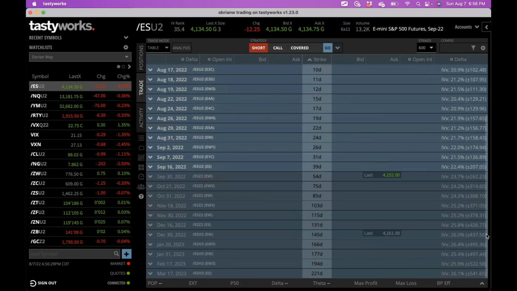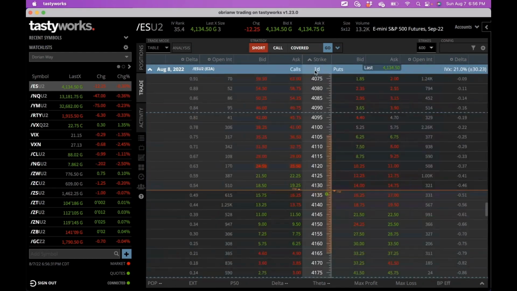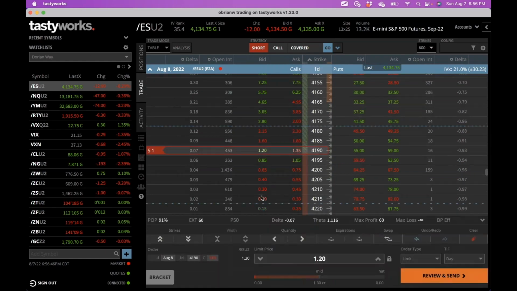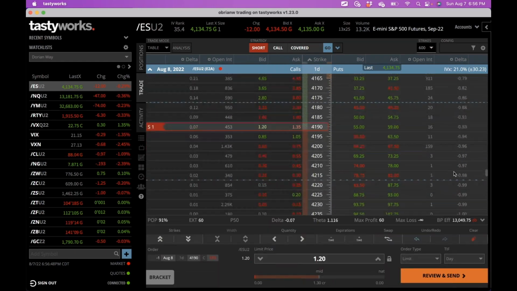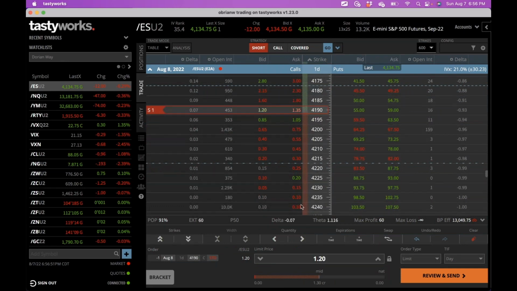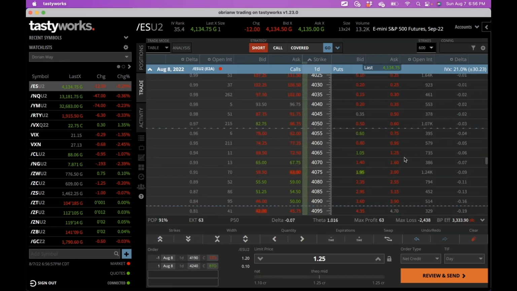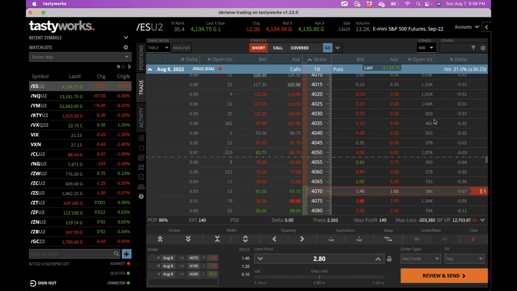We go here to, and this is trading live right now, as you can see over here. Okay? And if we were to use the same kind of concept, go around no higher than the 7 delta. This is not the criteria that we teach at the Dorian Way, but we're trying to give you an example. All right. So if we were to go to this 7 delta, and let's say we did a 50 point wide here, so we'll be right here on the call side, and then on the put side, if we went to something no higher than a 7 delta, and we did a 50 point wide, it'd be something like this.